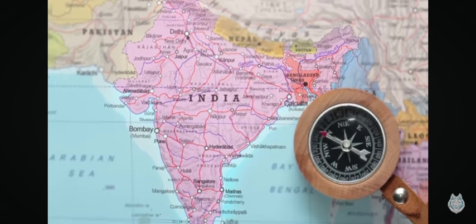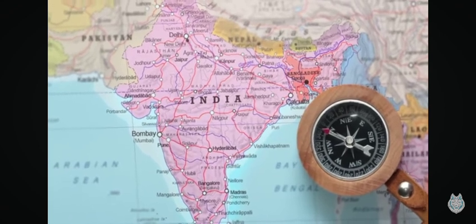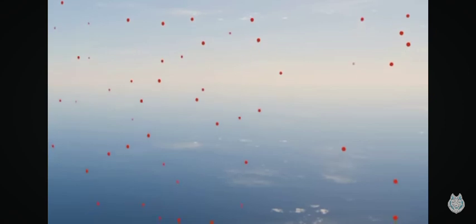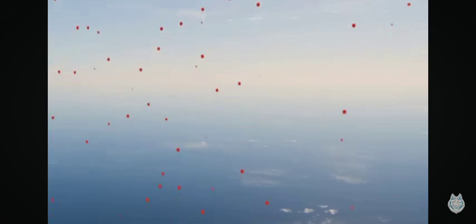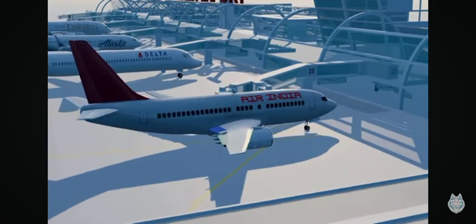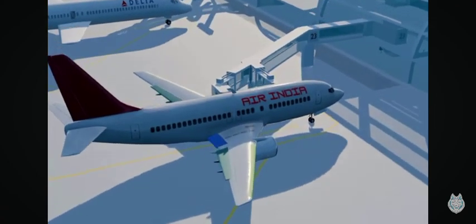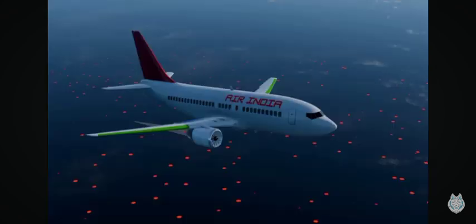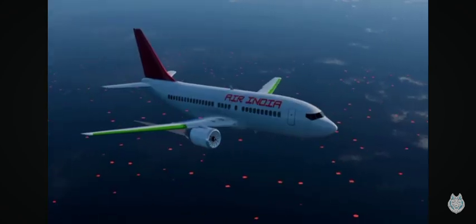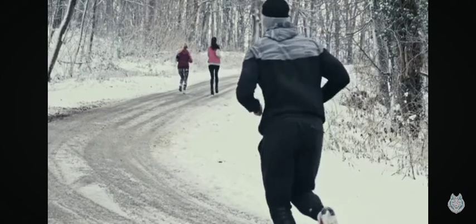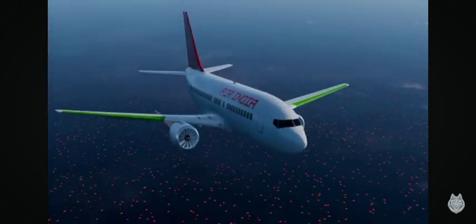If you know, the temperature in the areas of Rajasthan and Gujarat is very high at this time, and when the temperature increases, the density of air decreases, due to which the air particles go far away. This was a long-distance plane. So in general, there will be a lot of load in it, and if the load is more in such heat, then the plane will take off but will not be able to provide lift due to the density of air. Right now, as the weather is very cold and the air particles are very close in the air, so when the air